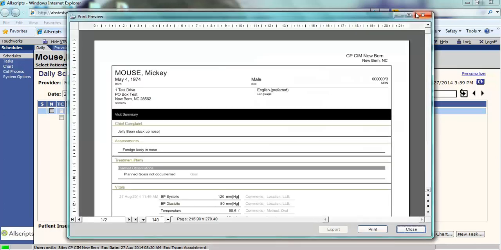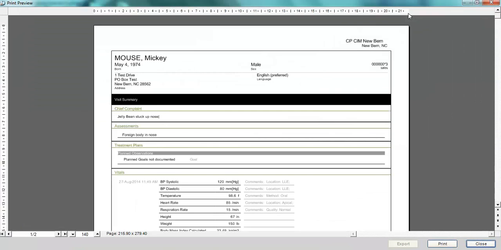This is the new clinical summary. I'm going to expand it for easier viewing. The first section is the patient's information. The second section is the chief complaint, which is pulled off of the patient's note for that visit. If the doctor has assessed any problems during that visit, any treatment plans that were documented, the patient's vital signs,